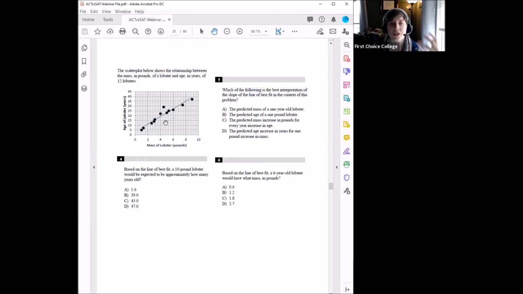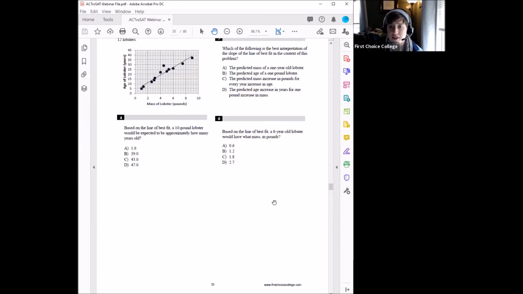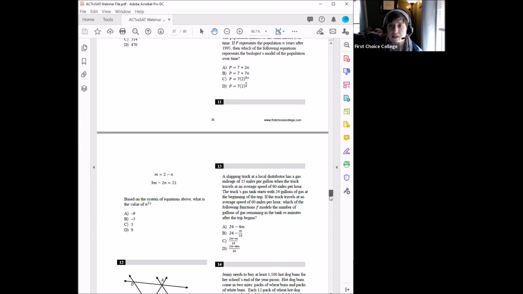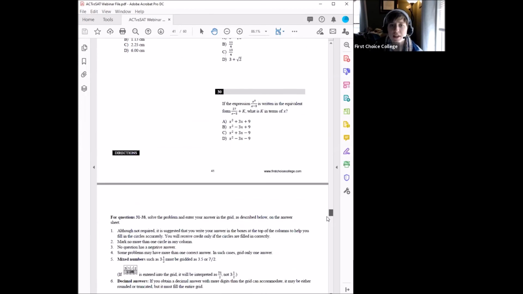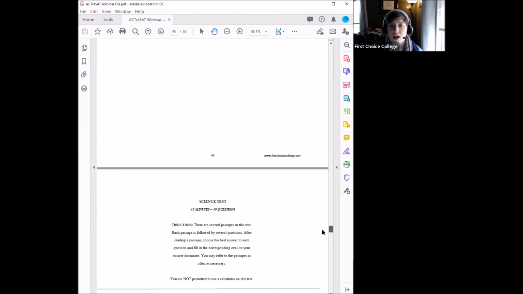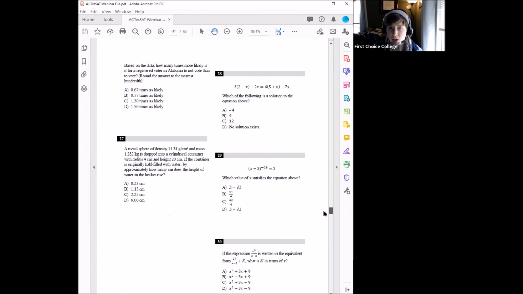Things like on the SAT, this scatter plot, you can see that they draw the axes, the scales are really kind of wonky. So it's things that a student who's rushing, a student who's trying to work through really quickly is going to miss. And so I think there's a lot more detail and tricky questions on the SAT rather than the ACT. And then, as I said, the SAT also has the non-calculator section.